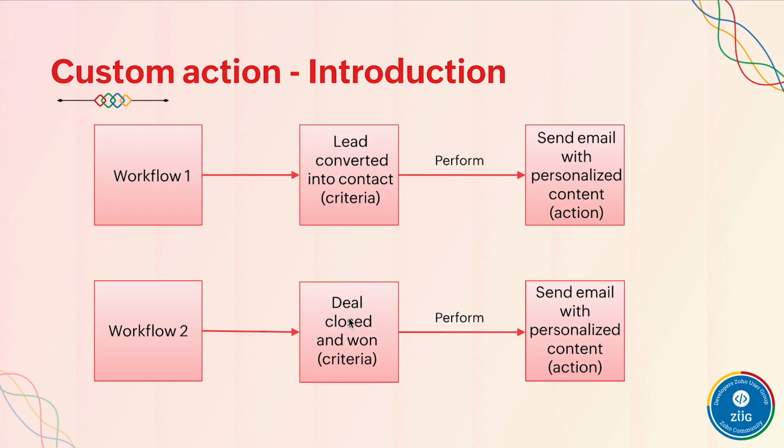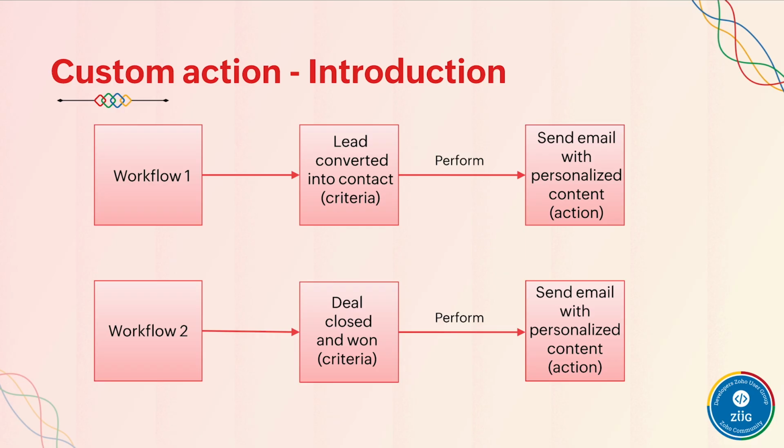So in this case, we can see that as an extension developer, you have to define multiple workflows where you're specifying some criteria and associating some action accordingly. But across these workflows, you can see that there's an action that's common. The action of sending out the email is common in both workflow criteria. The only thing that differs is the condition and the outcome that comes out of the action, right?